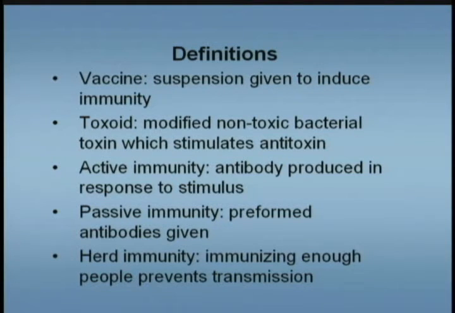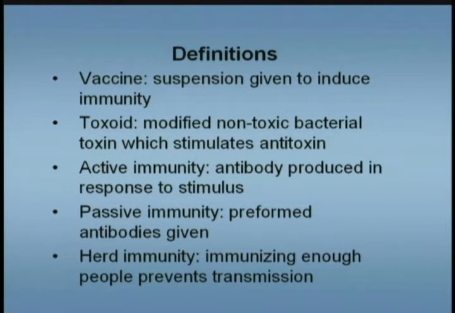A vaccine is a suspension given to induce immunity. It can be active or passive immunity. A toxoid is a modified bacterial toxin. Now it is no longer toxic, and will stimulate the production of an antitoxin, and that's how you get your immune response to prevent disease. Active immunity is when the antibody is produced in response to a stimulus, whereas passive immunity is when preformed antibodies are given